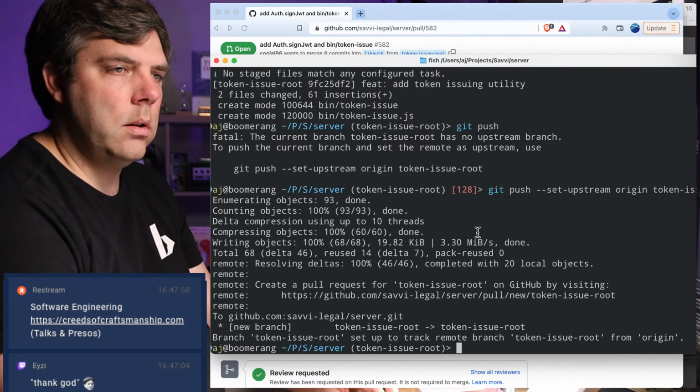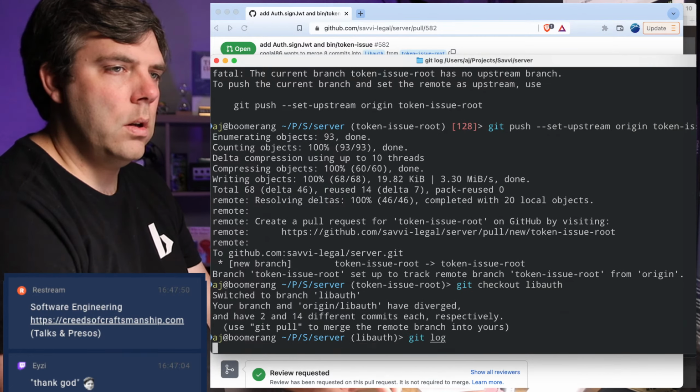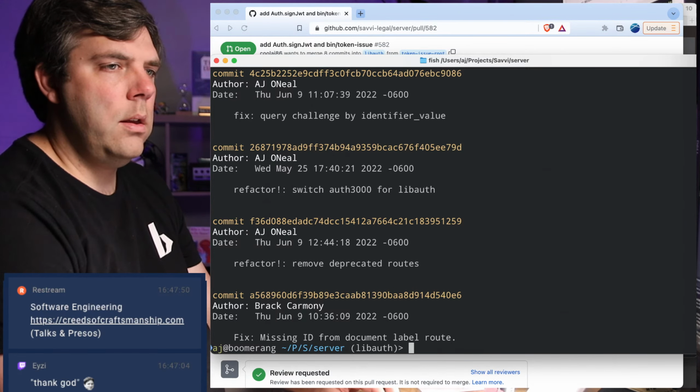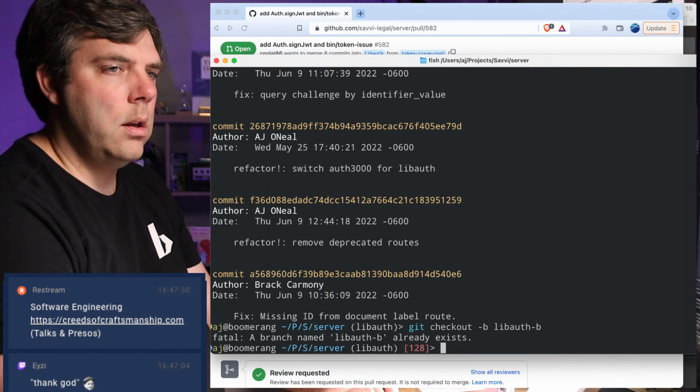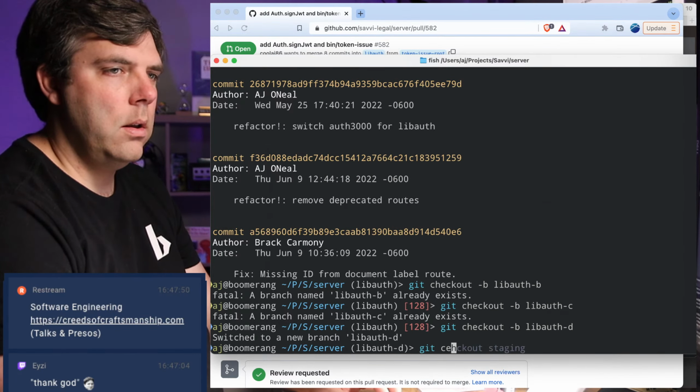When was this? June 9th? Query challenge by identifier. Okay, I think that what I might need to do here is probably git checkout -b lib auth b, just in case.